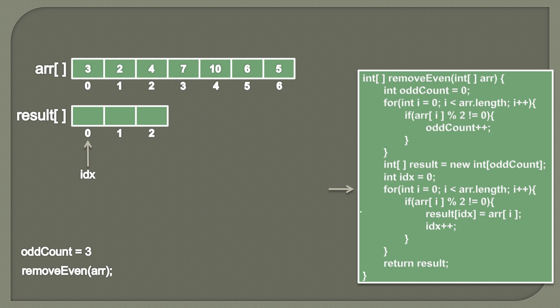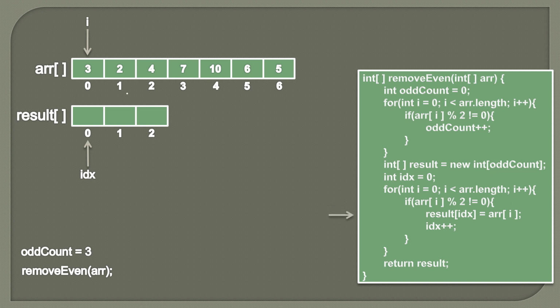Now here we will again provide a for loop which will iterate the array like we did here, from I equal to 0 to I less than array dot length. So I starts from 0. Again we are iterating the array and providing the same condition to find out the odd integer, because once we find the odd integers, we will simply assign that value to the result array at a particular index. So at the start, 3 divided by 2 will give us a remainder as 1. So 1 is not equal to 0. So therefore this condition comes out to be true.